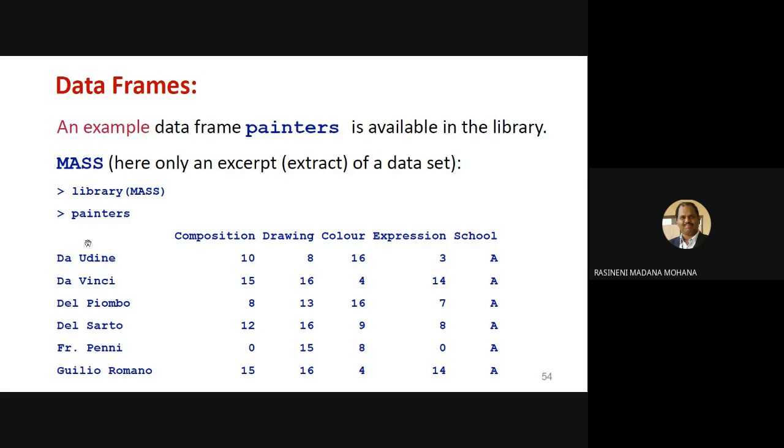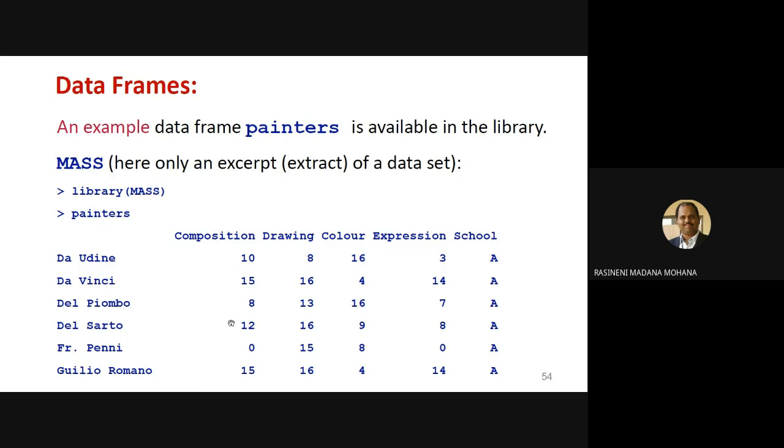So to access this data set, what you have to do? First, you have to call the library by using the function library, within the function bracket the name of the library without using any quotations. Here all are uppercase letters in MASS. You have to use the same. So you can call this library, within function bracket MASS. Now you can call the data frame, the name is painters. It is plural. Use the same name. Then it displays what it contains, how many rows, how many columns, and what are the values.